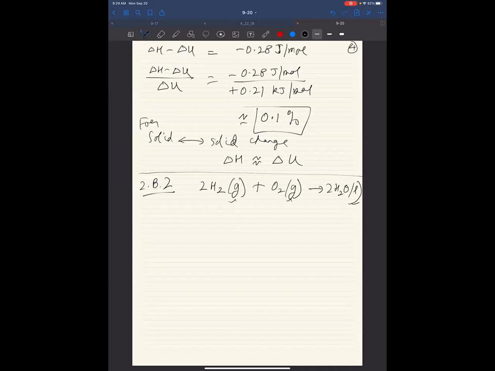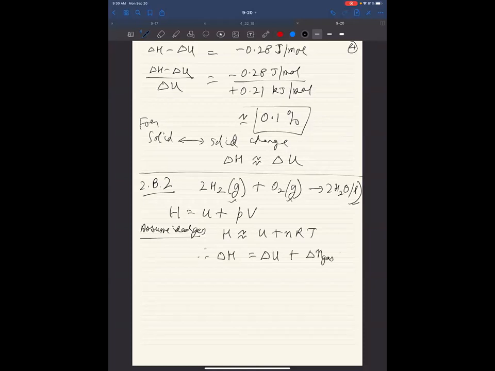If you had 3 moles of gas changing into 3 moles of gas, maybe they would have been similar. But in something like this, where all of the gas is suddenly disappearing and changing into liquid, you will have a huge change. So in this case, we can write it down. H is equal to U plus PV. And if you assumed ideal gas, the change applies even if it's not ideal gas, but to get some intuition, then H is approximately U plus nRT. Therefore, delta H is equal to delta U plus delta n gas multiplied by RT,